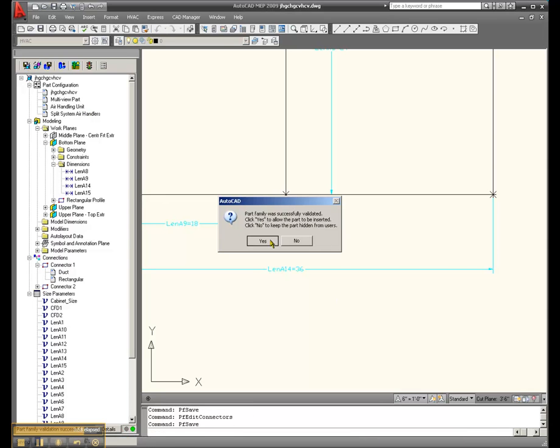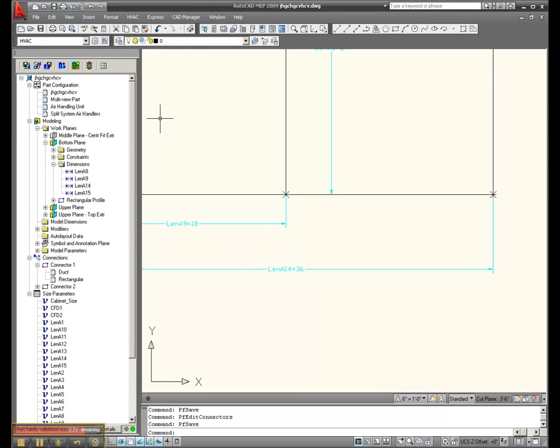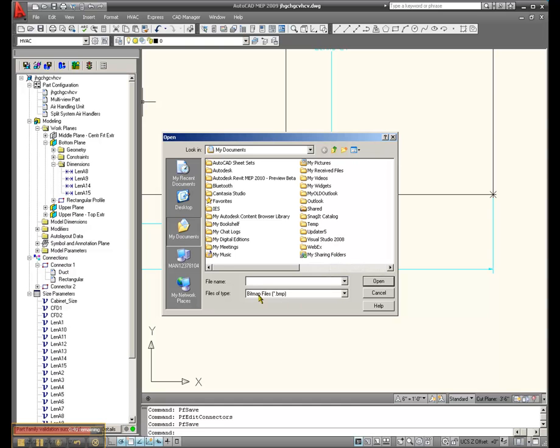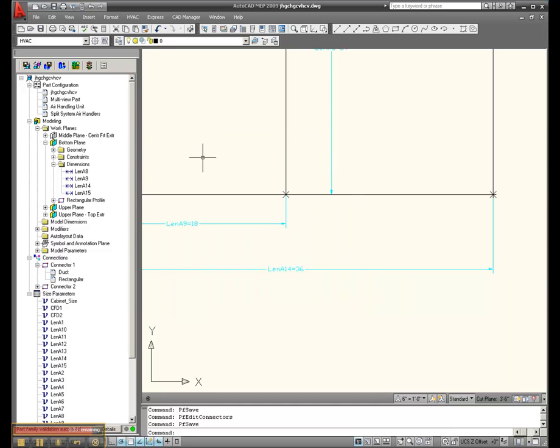Part family was successfully validated, but we do have one other thing to do, and that is to generate a bitmap. Click on this button there. You might want to use the Southwest ISO view, which doesn't work that well. Sometimes you might want to make your own bitmap, so create a bitmap. Use one of the manufacturer's images and specify it that way. So anyway, save it, exit,